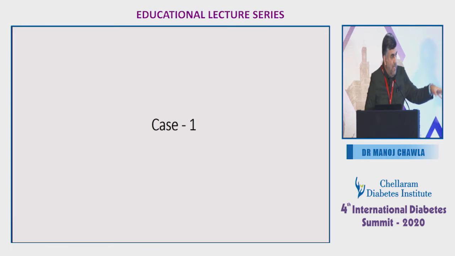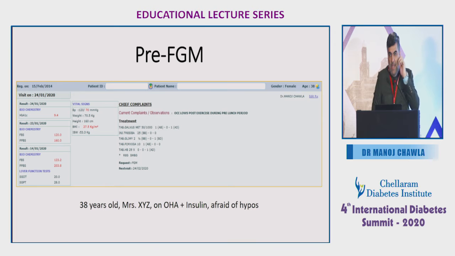For the next 15 minutes, the panel will be spending time on understanding AGP more. It's not about what treatment change you made, whether that was right or not. Everybody may have a different viewpoint on what treatment to offer the patient, but this is more about the interpretation of AGP and time in range. I have 4 cases to discuss, 2 with type 2 and 2 with type 1. A lot of us believe that in type 1 there is a clear advantage, but what about type 2? Believers believe that type 2 is one of those places where this should be used as much, if not more.